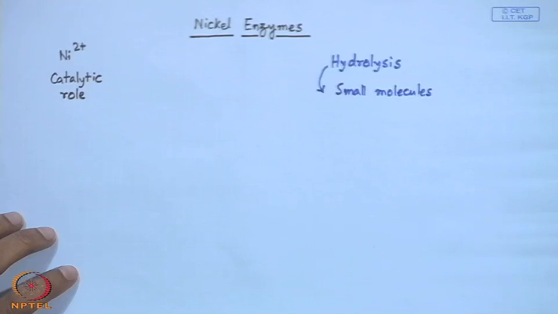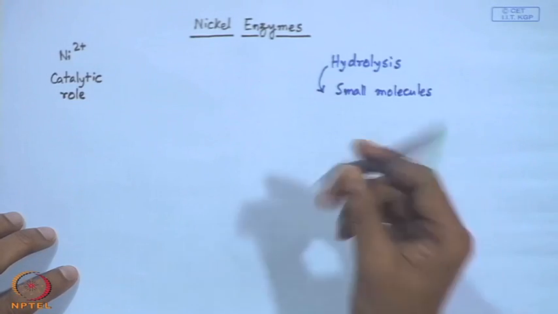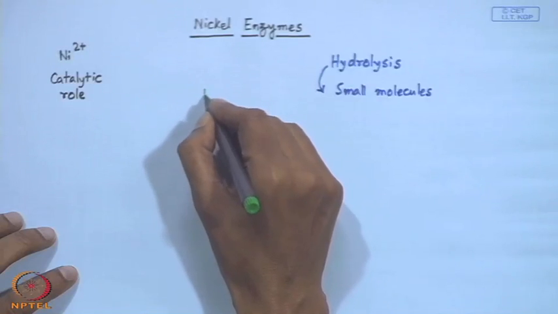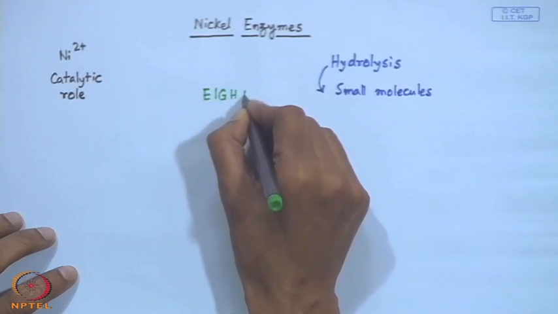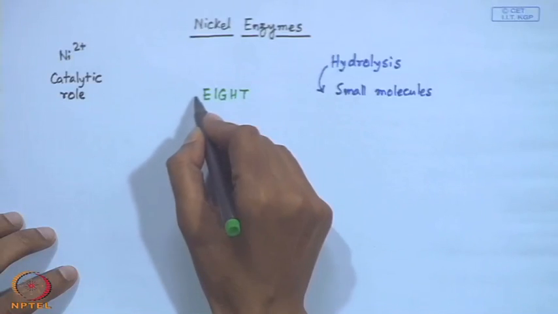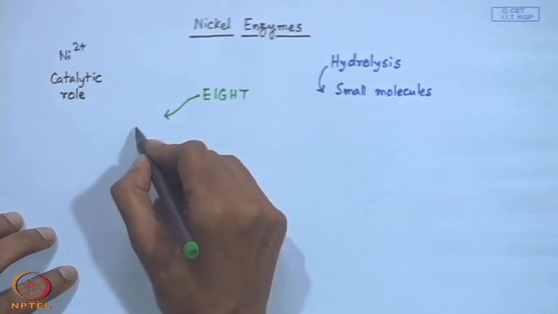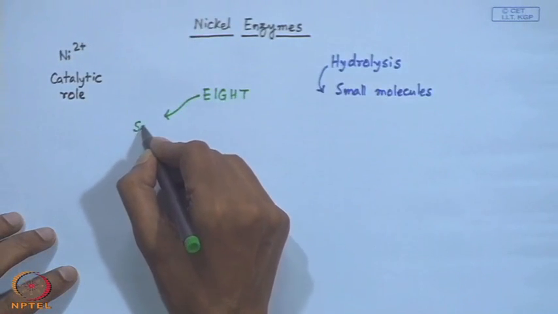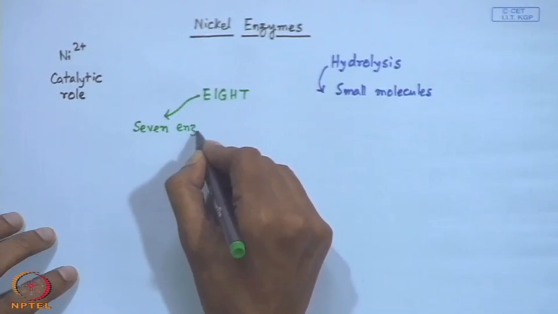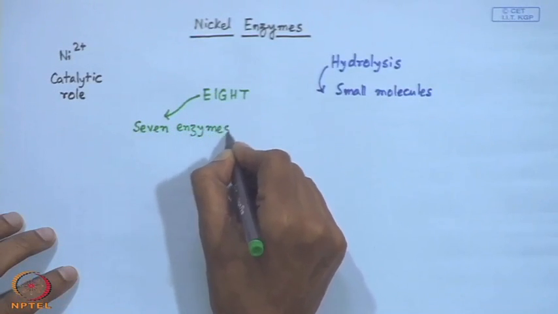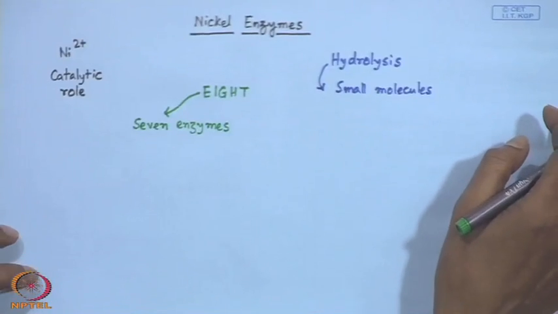That ultimately gave us some idea that out of 8 known enzymes we have, 7 out of those 8 enzymes basically